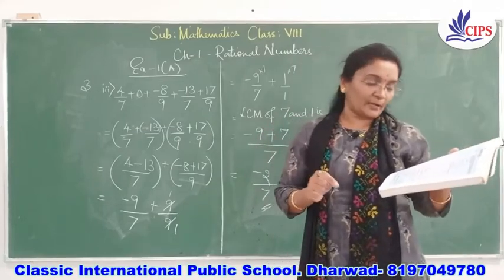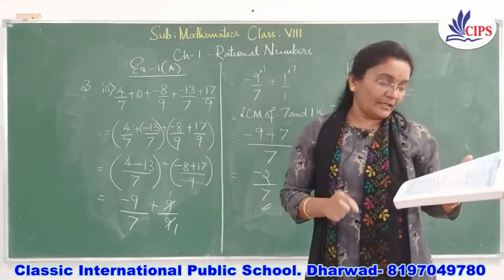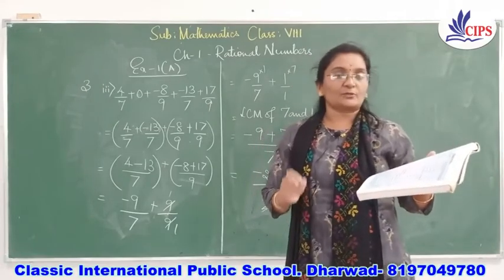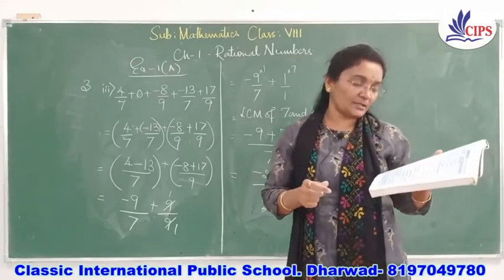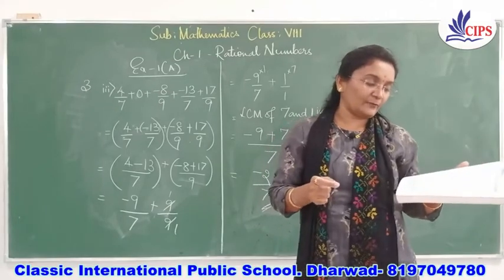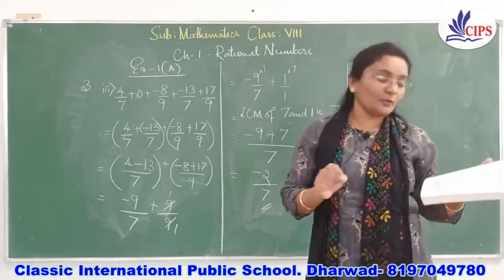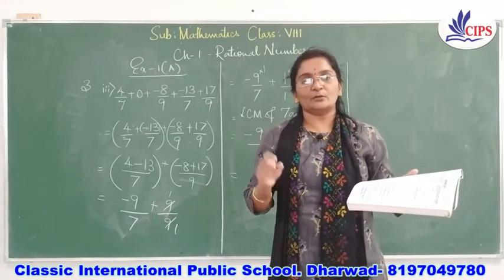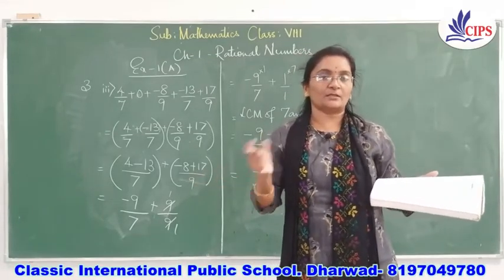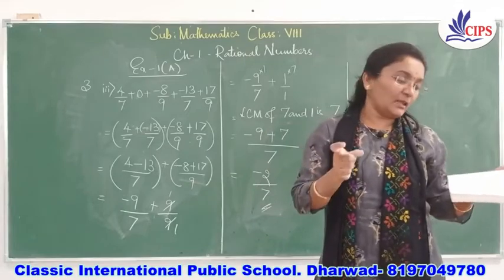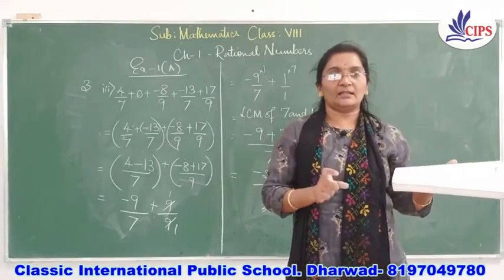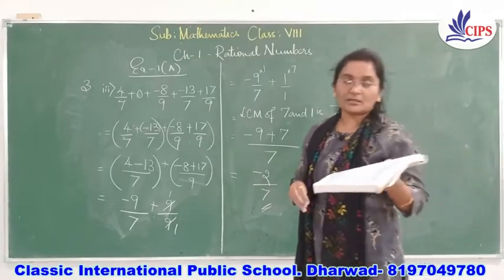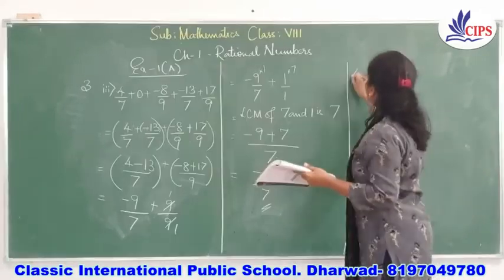For each pair of rational numbers, verify the commutative property of addition of rational numbers. So here they have given you a pair of rational numbers, and you have to verify the commutative property. How do you state the commutative property? A by B plus C by D is equal to C by D plus A by B. So here we have to get the same answers on LHS and RHS. So we'll start verifying it. Okay, we'll start with the fourth Main.